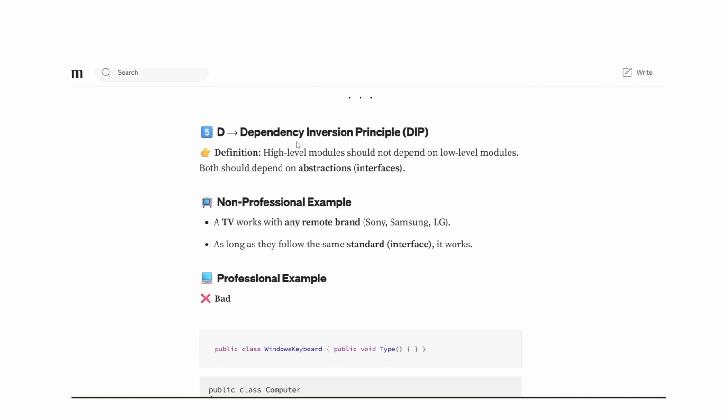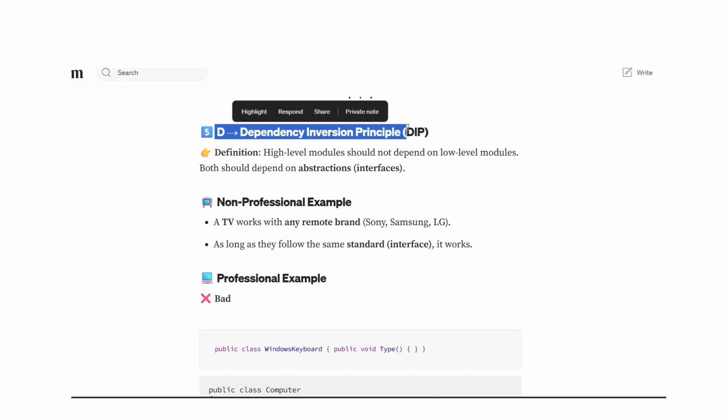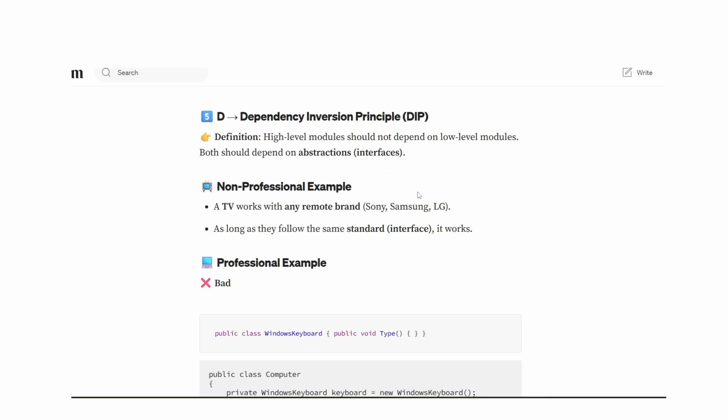And the last one is the Dependency Inversion Principle. It's a very important principle. It says both should depend on abstraction. I can explain it in a simple way. For example, you are making a controller. Rather than putting all the logic, like all the APIs, get data and post data, in the controller, you can use interface services and inject those services with the help of a constructor. So this is the very important dependency inversion, or dependency injection, you can say.